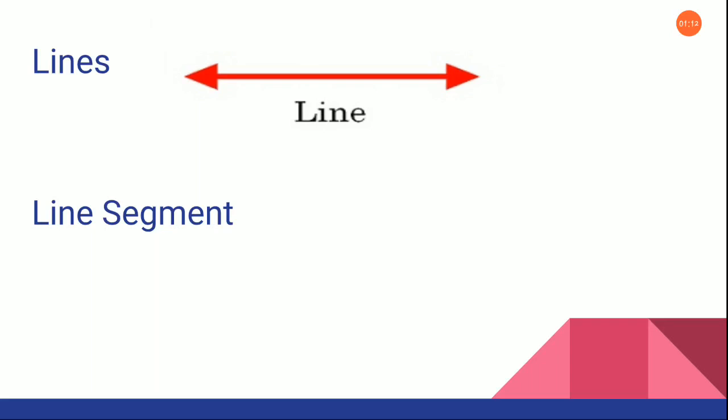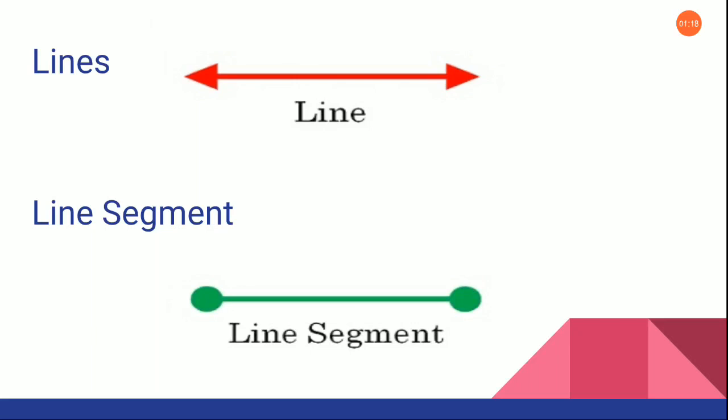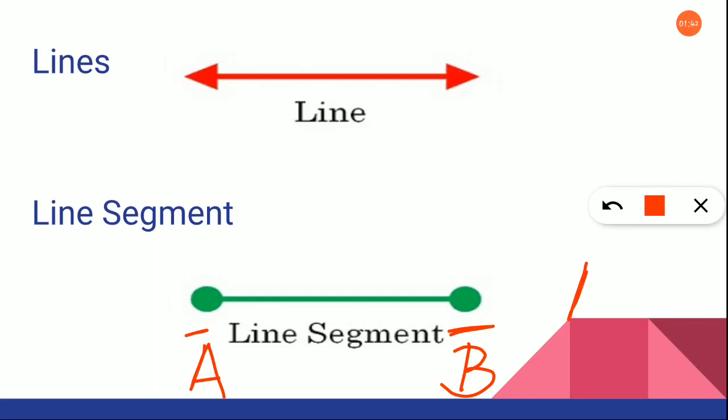Clear? Now, what is a line segment? A line which has a starting and ending point is called a line segment. Okay? This should be the starting point and this should be the ending point. And in Maths, we will be giving names to all the line segments. There is a starting point, right? Let us name it as A. And the ending point, we are going to name it as B. So, if I ask you what is the line segment, you have to tell me line segment AB. And to denote that it is a line segment, you are going to draw a line on top of A and B. If you write like this, it is understood that AB is a line segment.